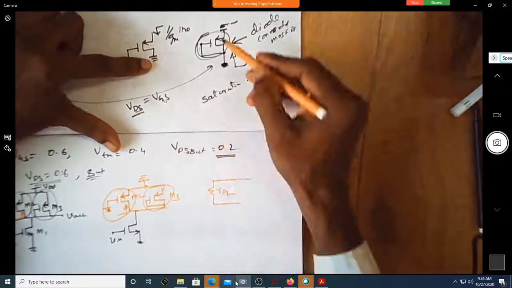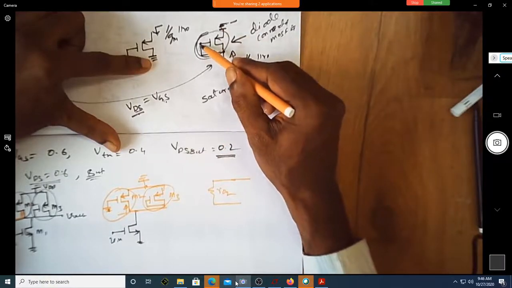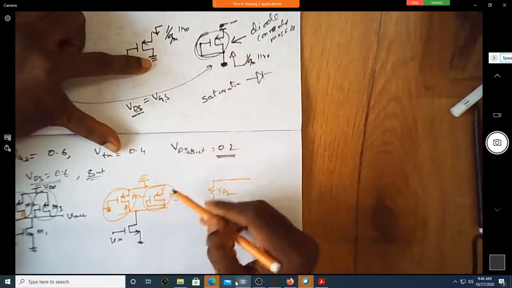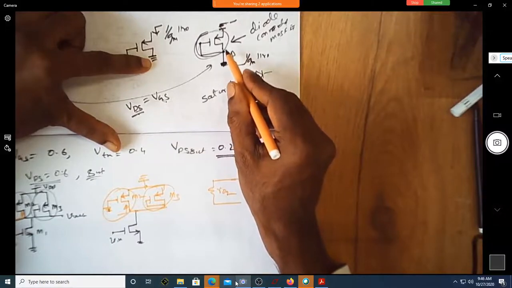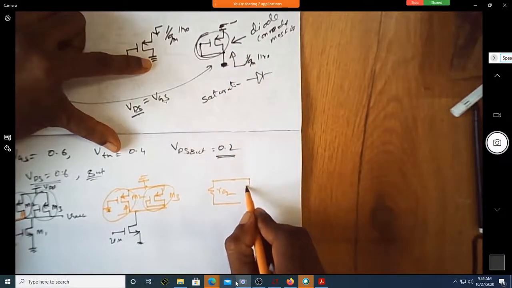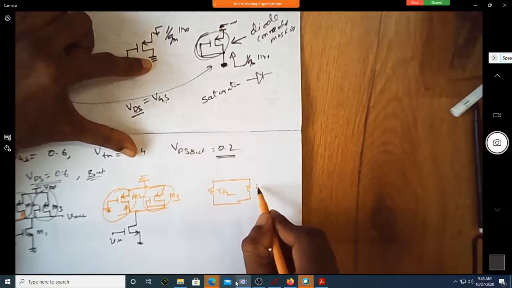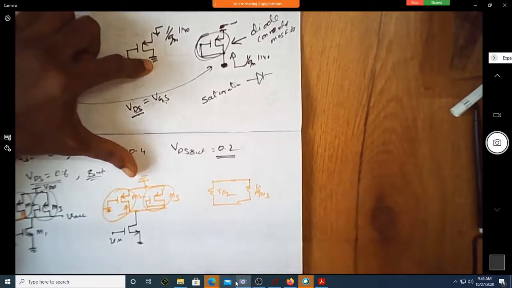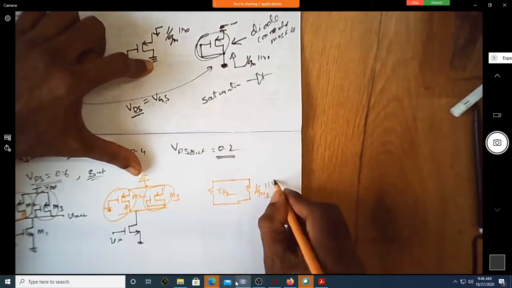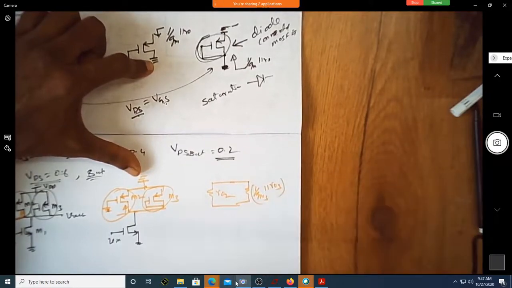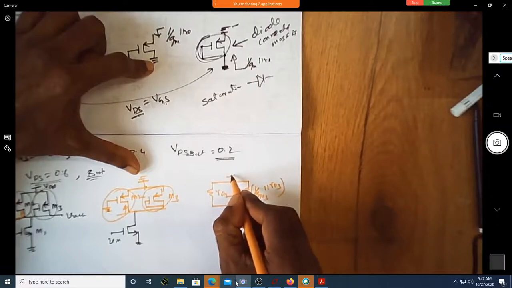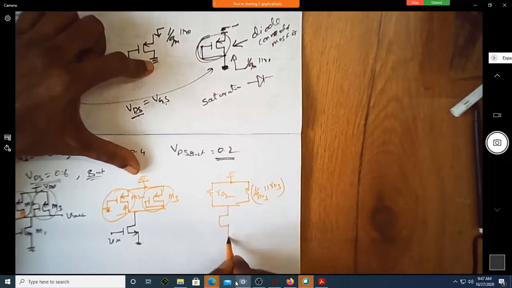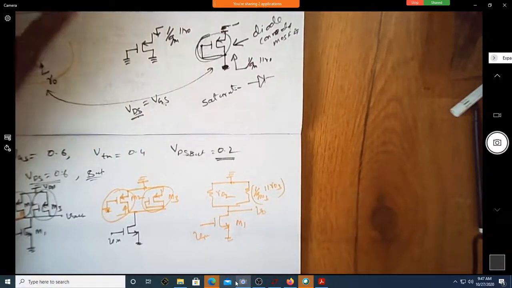Here the source is AC grounded, gate and drain are shorted. I want to see from this junction. What is the resistance of this one now? 1 over gm parallel to r0. It is not 1 over gm3, you have to be more specific about gm numbers. It is now r03. Shall I AC ground it now? Now this is M1, V in and V0.